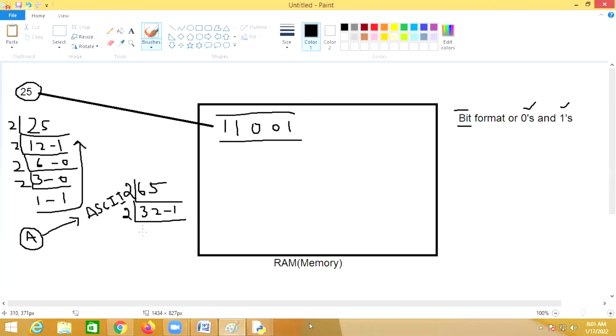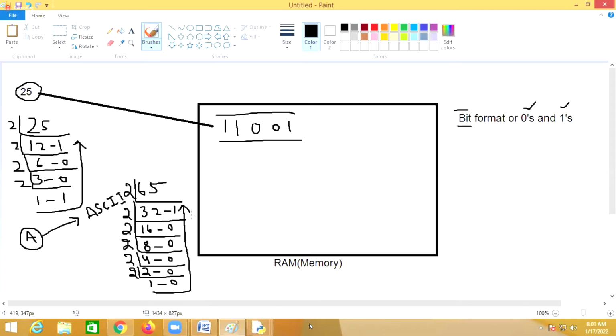And how many times into 32? 16, and the remainder is 0. Then 8, and the remainder is 0. Then 4, and the remainder is 0. Then 2, and the remainder is 0. Then 1 time, and the remainder is 0.